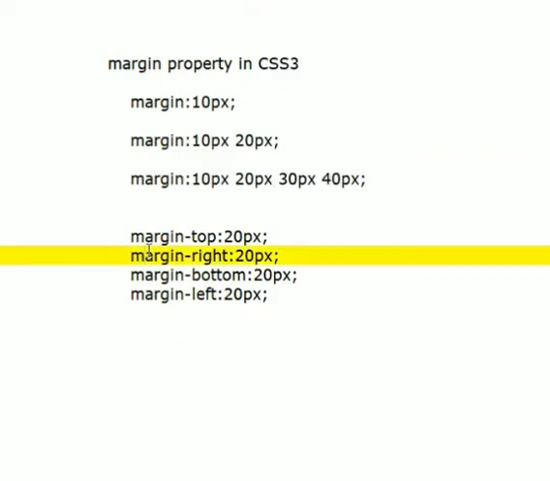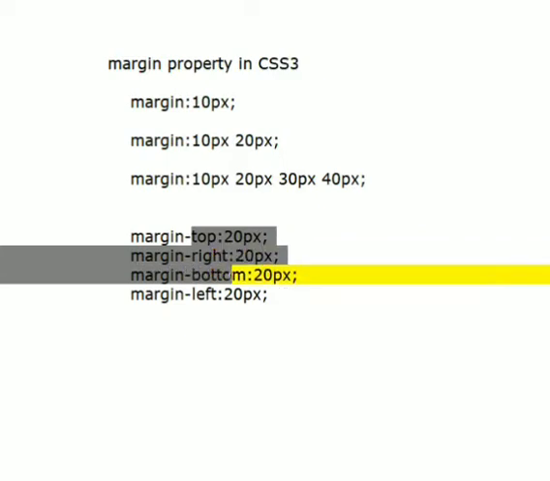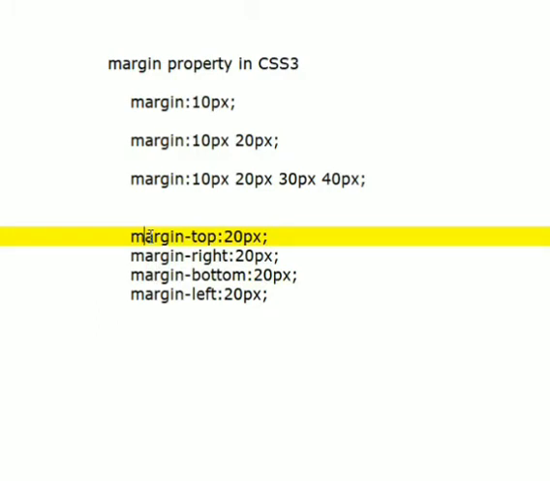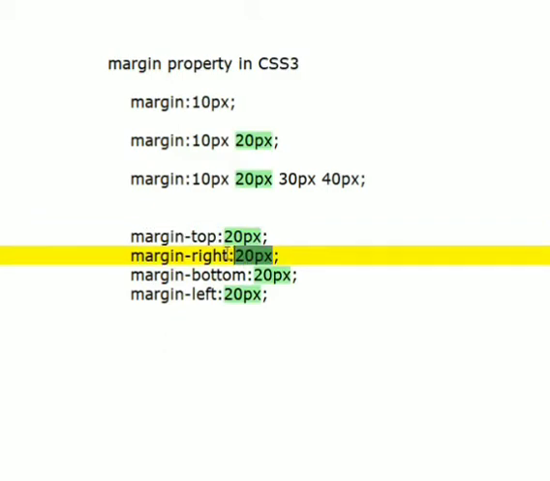The next way of applying margin is, we can specify a specific side of an element. Here the name of the property will be margin-top. Means we are going to apply a specific margin size only for the top margin here, and this specific size we are going to apply only for margin-right side.